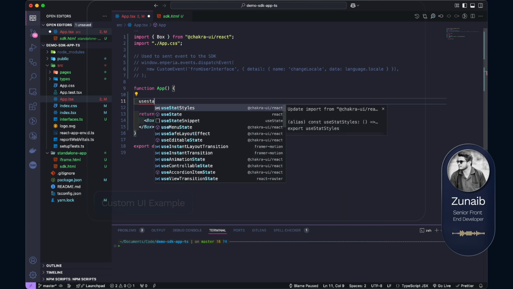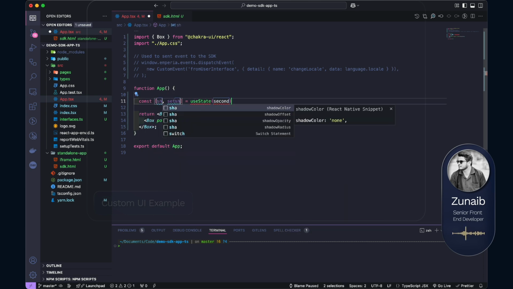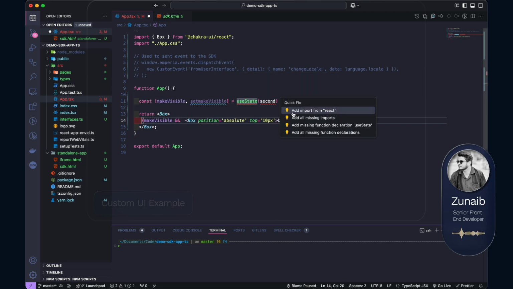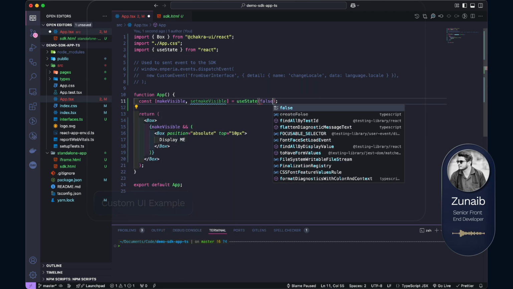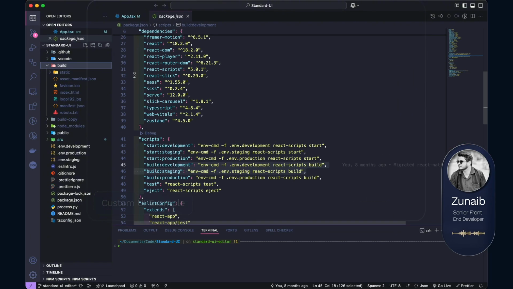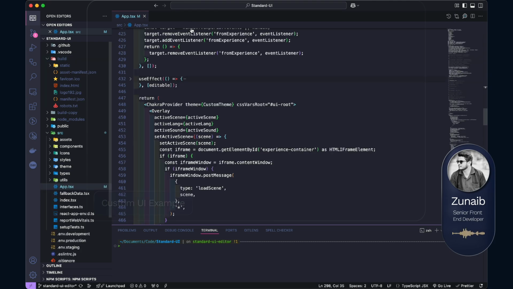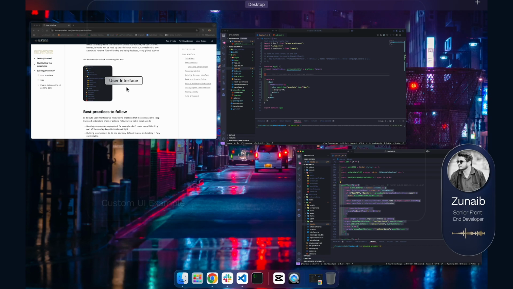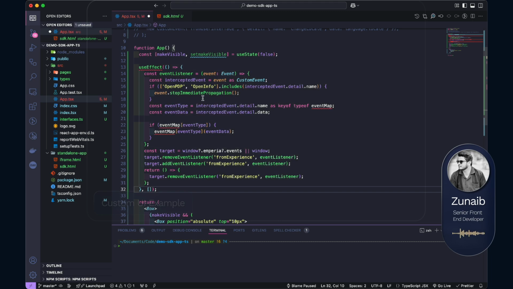So let me just make a state which says make visible, and then obviously use this to just show the component right here. And let's keep this false by default, right? Now what we need to make happen is, you can even refer to the standard UI for this. If you don't remember the code exactly, I'm going to come here and just copy this useEffect right here,